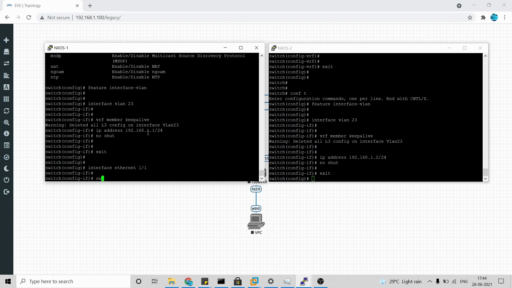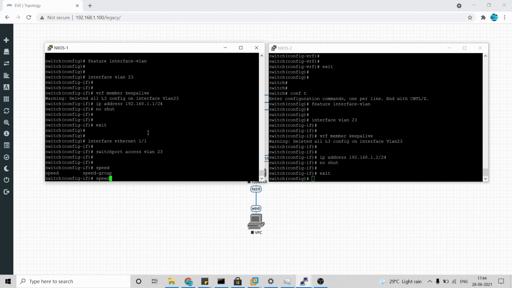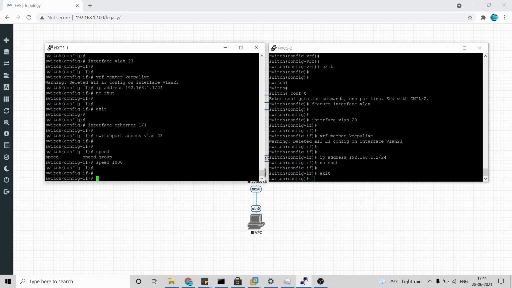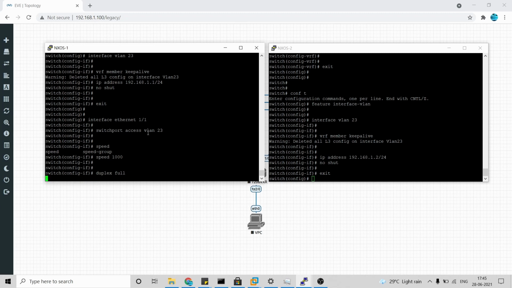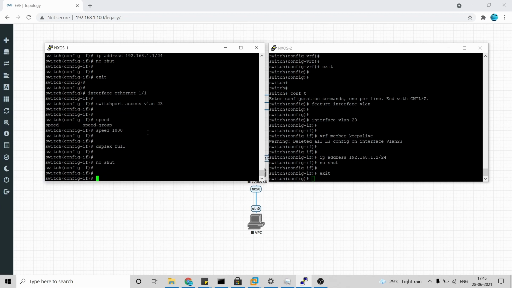Okay, and as we have already configured the VLAN, I'm just going to add this as an access VLAN here. That's done. As best practice, I configure the speed and the duplex. Okay, and as I said, don't forget to do the no shut.